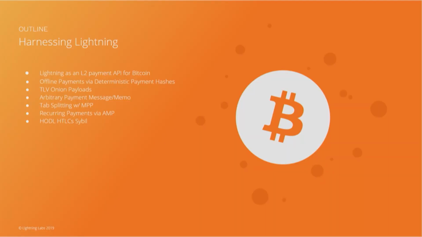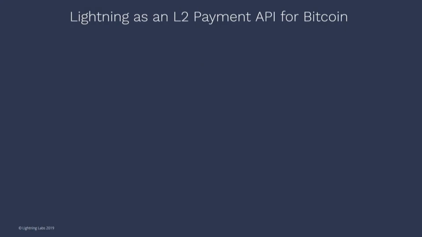Initially I'll talk about Lightning itself. It's a new simplified L2 API for Bitcoin itself to interact with. Then I'll get into some use cases as far as the different ways you can have offline payments, something we call TLV Onion. When Renee talked about onion routing, you learned a little bit about exactly how this works in Lightning, and then we'll get some extension of that, allowing you to have arbitrary payment messaging in terms of the payments themselves, task splitting, and recurring payments, something we call HODL HTLCs. So we'll get into it first.